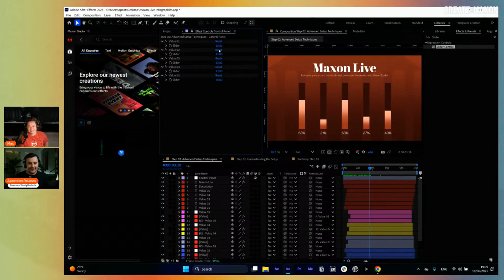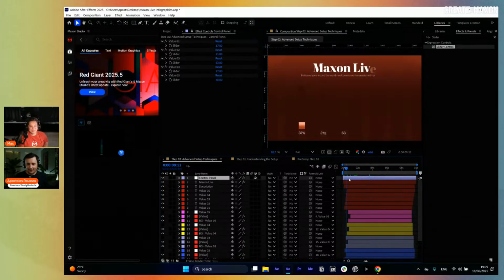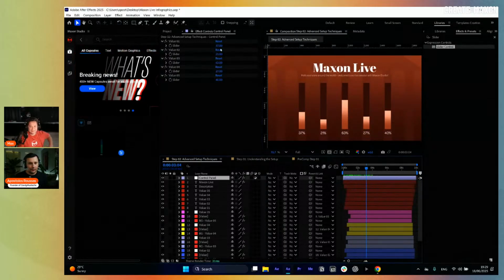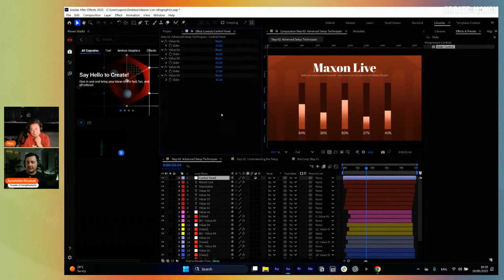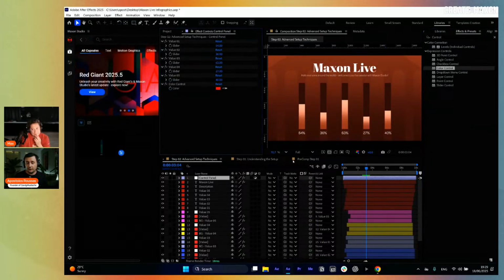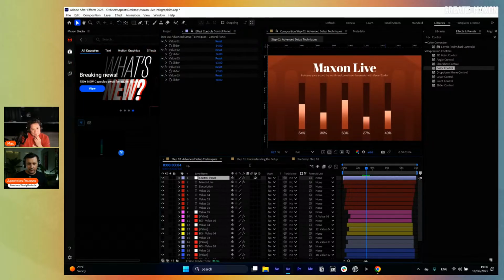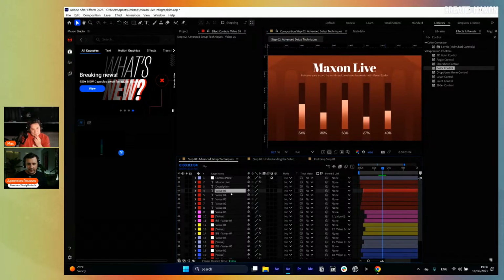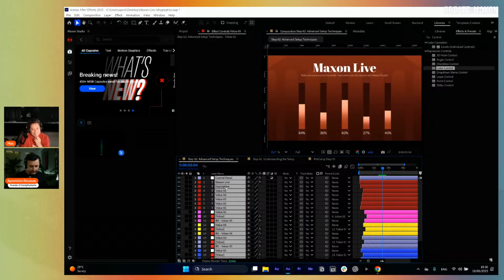So now everything is connected and the animation remains the same without affecting anything. And yeah, we can adjust everything from here. Now, the old-fashioned way to give the user the ability to adjust the colors and everything in that scene, we have to go and create color controllers and adjust the colors inside there. But now I'm going to show you something really, really useful with Maxon Studio. I'm going to pre-comp this one,